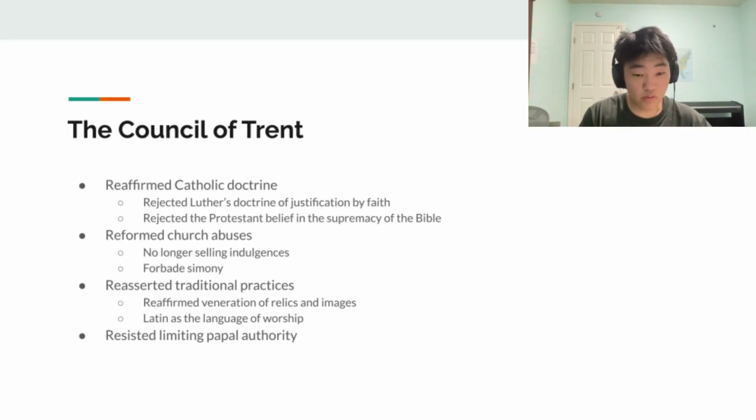They also reformed church abuses, so they no longer sold indulgences and forbade simony. And they reasserted traditional practices such as relics and used Latin as the language of worship. They also resisted limiting papal authority. So the council ruled that there was no act of council that could be valid unless accepted by the Holy